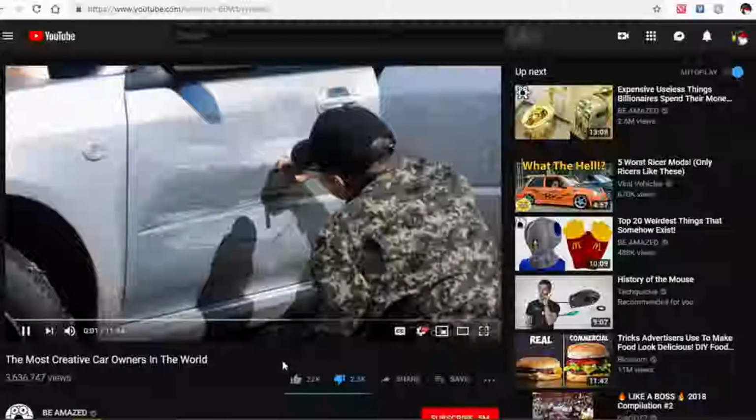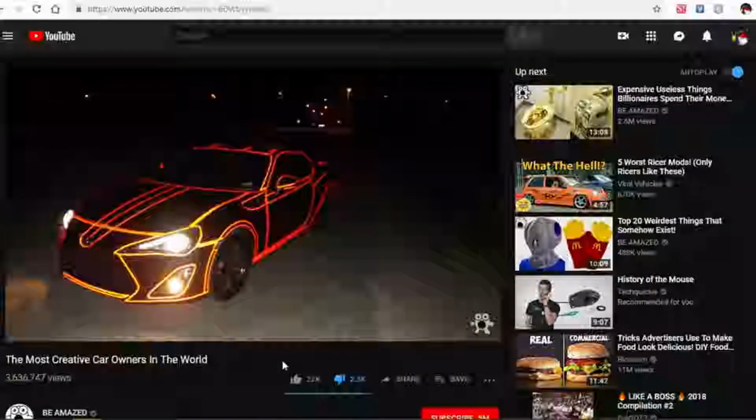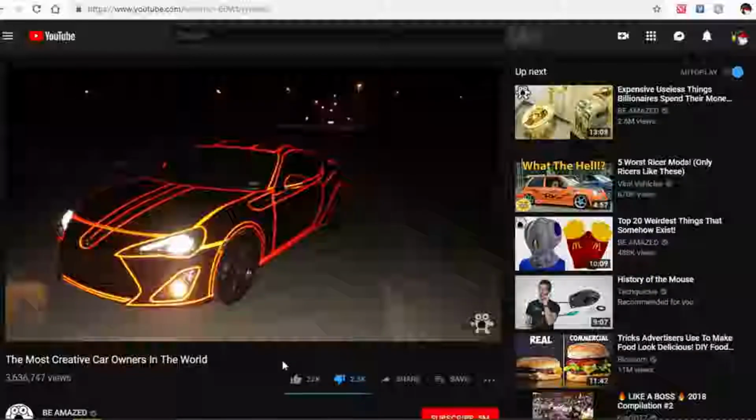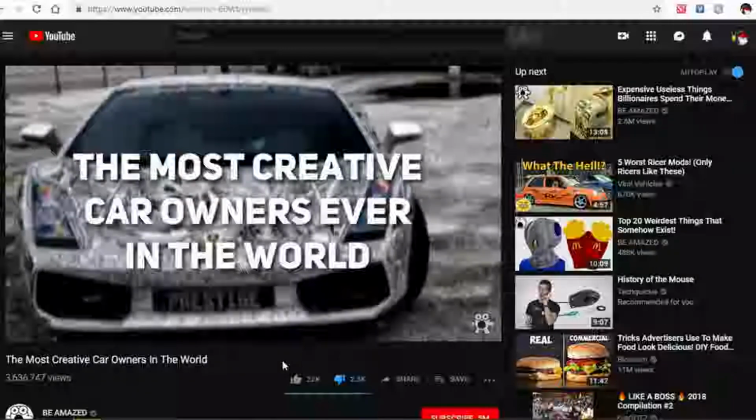Sometimes creative car alterations need to be made out of necessity, other times inspiration. Either way, these owners turn their vehicles into testaments to their imagination. Without further ado, let's take a look at some of the most creative...